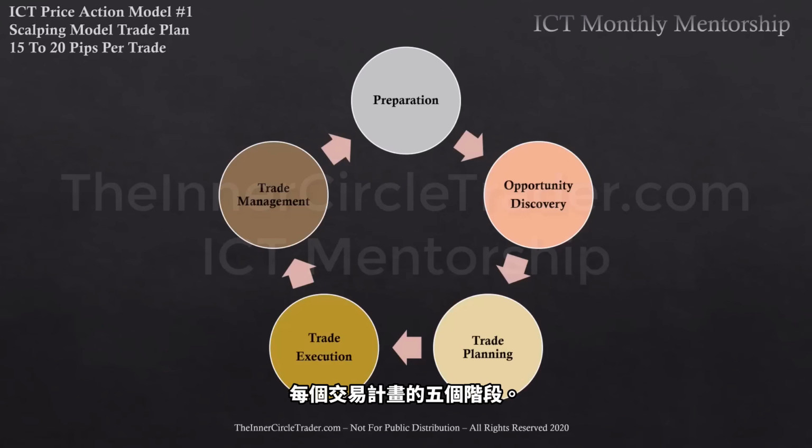So there it is, the 5 stages for every trading plan. Now you can use this also if you want to just build your own model. You don't have to just stick to this or every trading plan that I've done for the mentorship. The idea is you want to develop and flesh out your individual, unique, personal trade plan with these 5 step-by-step processes. And you can make them infinitely detailed and build in all kinds of algorithmic principles and relationships that must be met for the trade to go forward.